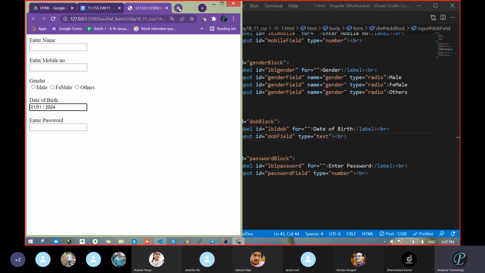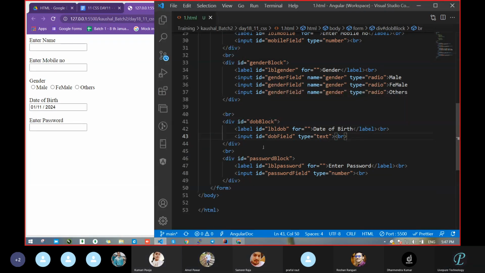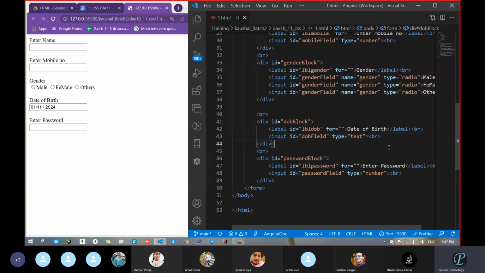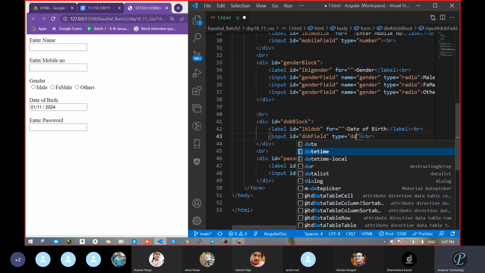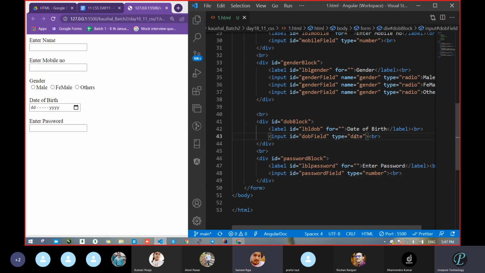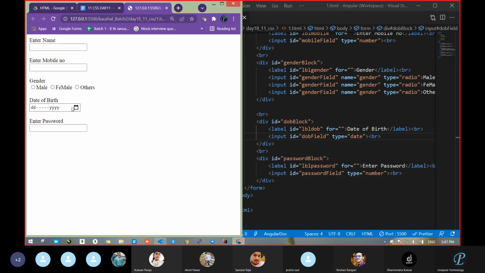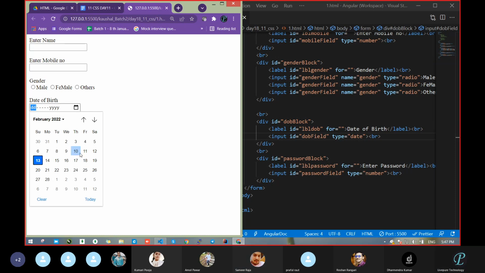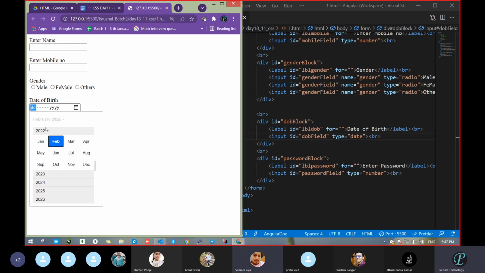Have you ever entered a date of birth by yourself this way? No, sir. Calendar. Calendar, yes, that is what I am asking. A calendar should be required. So remove this text and take a calendar. What is that? Date. You can take a date. Okay, take this. Now you got the calendar. Click this calendar section, the calendar gets opened. Which year? I will not ask the date of birth.